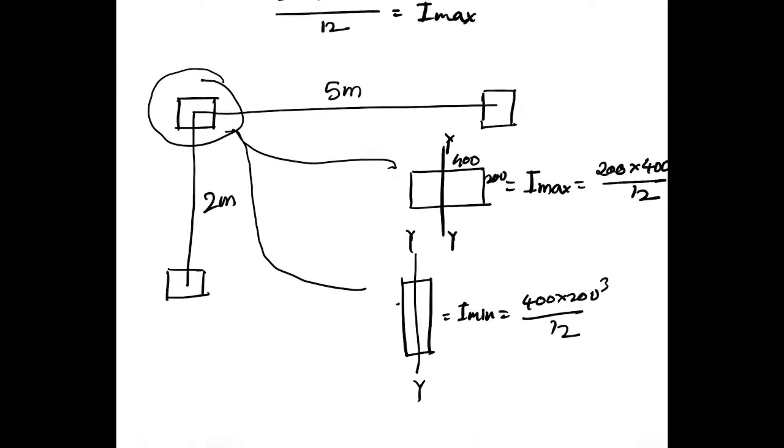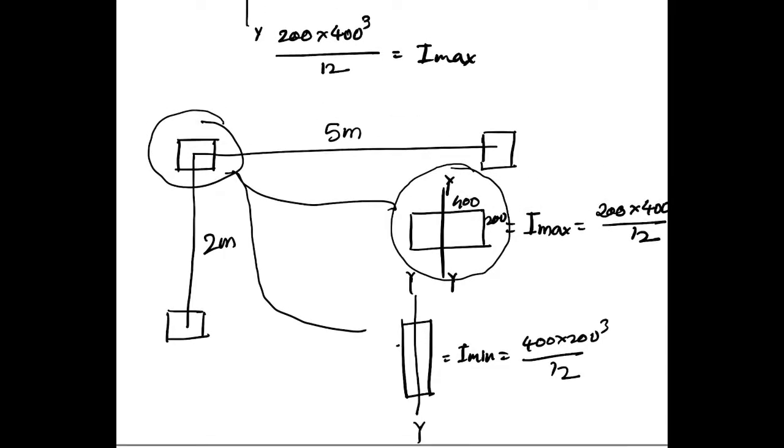So basically in the longer direction we will need more moment of inertia. So we will have to orient our column like this in the direction of the longer span, and in the direction of the shorter span we can orient it so it will provide an I minimum, but it will be safe. So this is the practical significance of orientation of column with the help of moment of inertia.